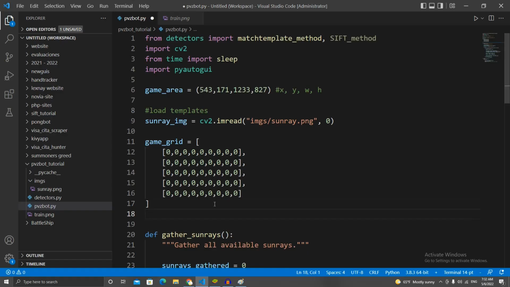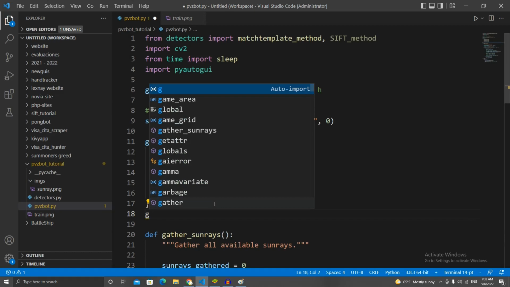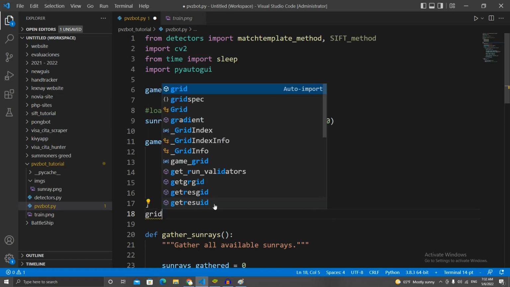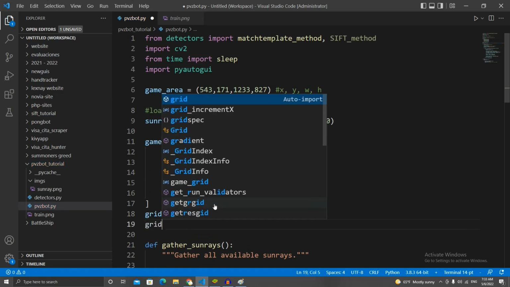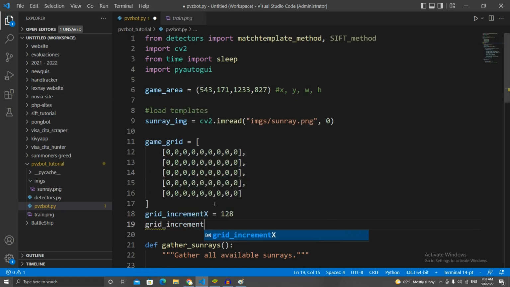So after doing that manually, I got the next information. I'm going to create a grid underscore increment X variable and set it equal to 128. And then I'm going to create a grid underscore increment Y variable and set it equal to